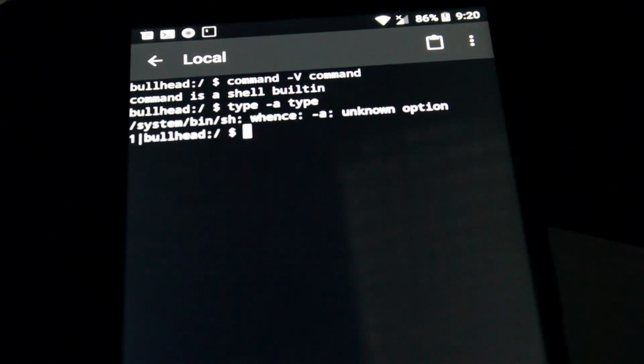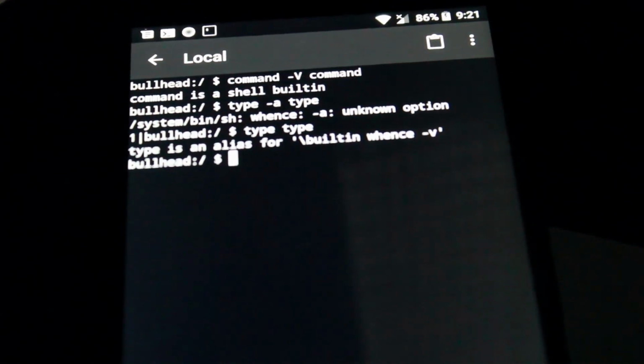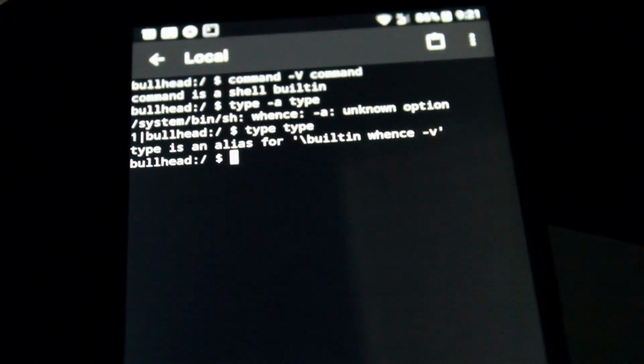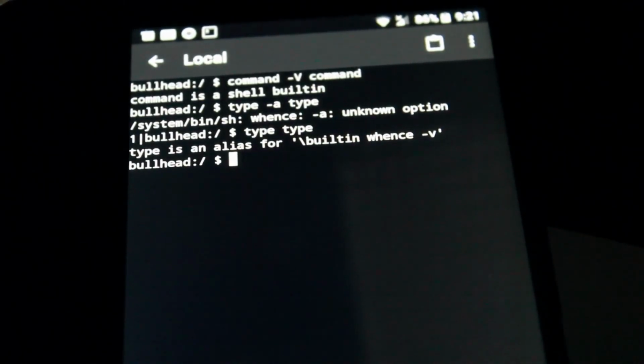We're going to go ahead and hit enter, and there you can see we get an error here. It's saying the whence doesn't know the -a option. And you're like, well, I didn't run whence, I ran type. Well, you'll see why that is in a moment. Let's go ahead and try removing that -a option from our command and running just type. And there you'll see that it says, let me try to focus this a little better for that line, that type is an alias for the built-in function